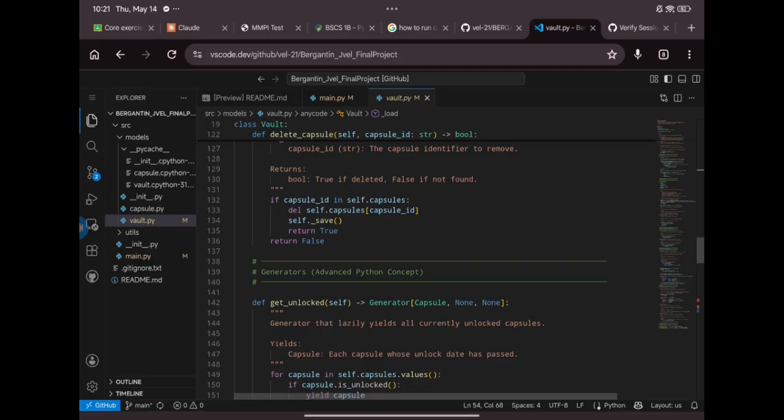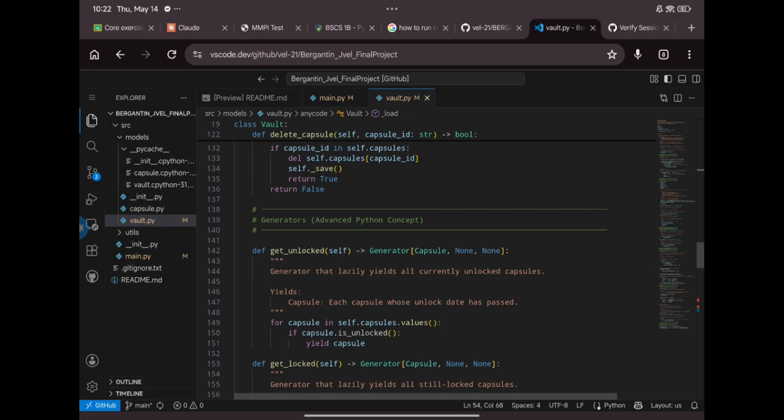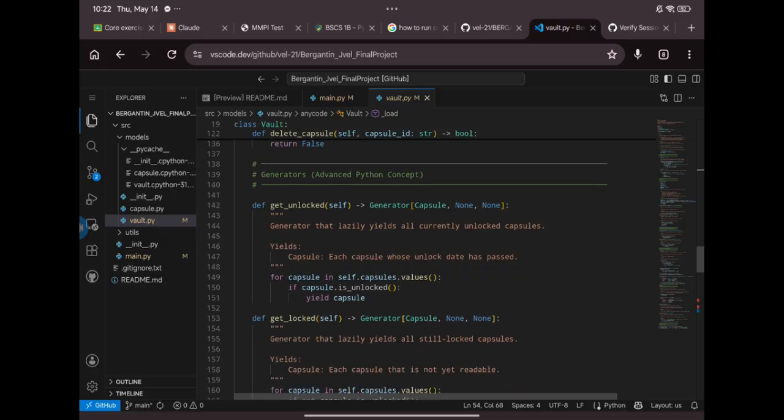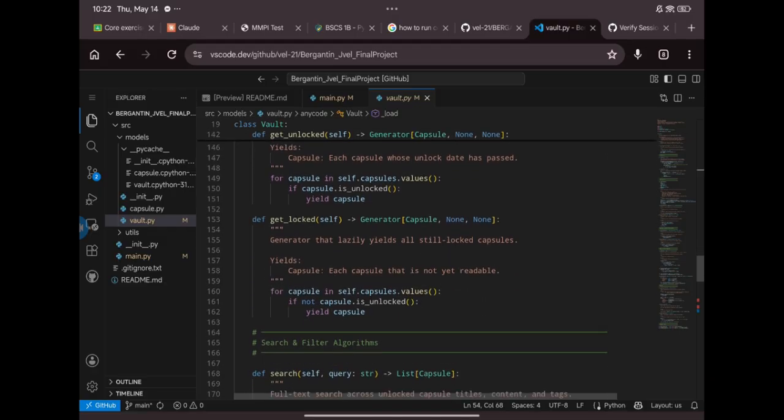So if I have thousands of capsules, the generator is smarter and faster. Get unlocked yields each capsule that is past its unlock date. Get locked yields the ones still sealed.